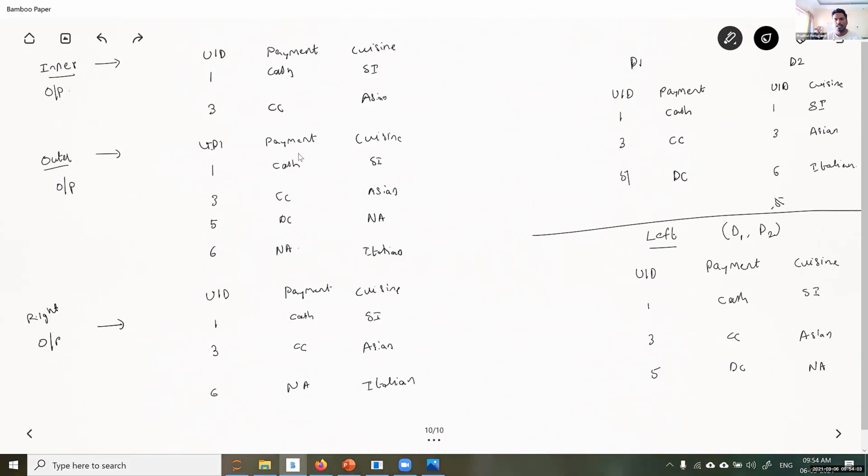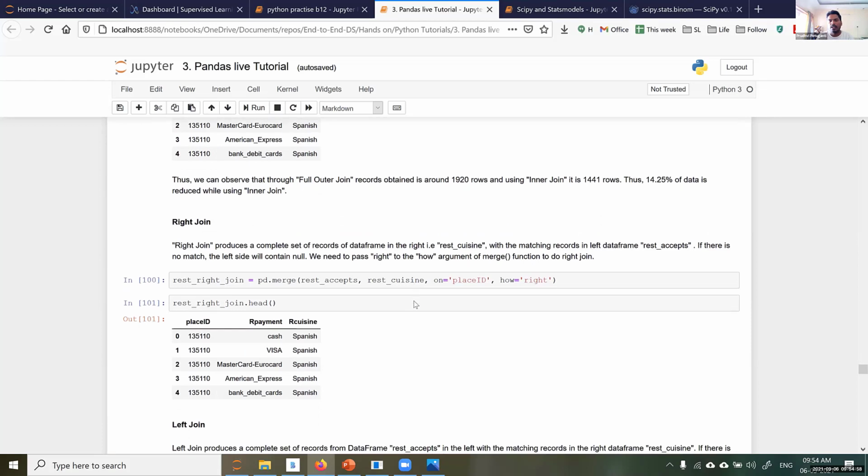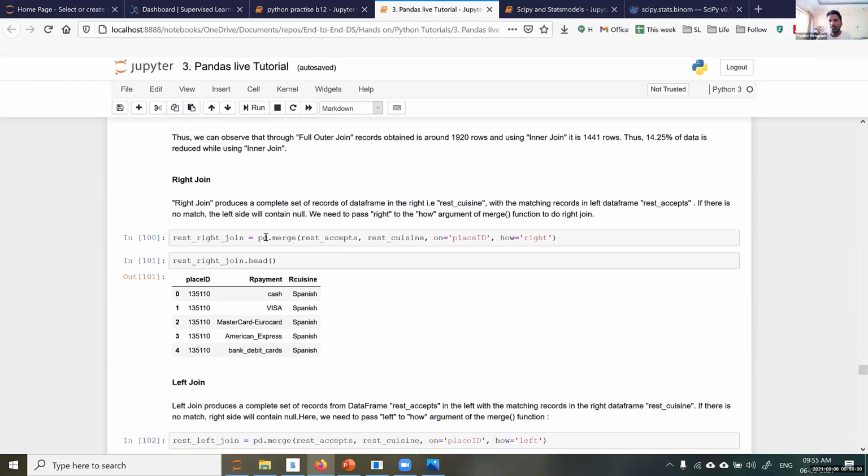People who have done SQL or maybe Excel, you might have been good with it. But people who have never had data exposure, this is a very important operation which you get very frequently, this kind of merging. Merging will result in NaNs in some cases. Only in inner join it might not throw them, but in other cases, if the data is not there, it will. Right. So how to do all these things?